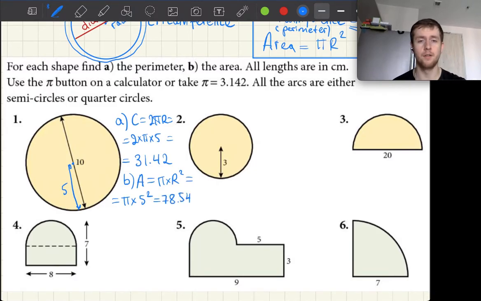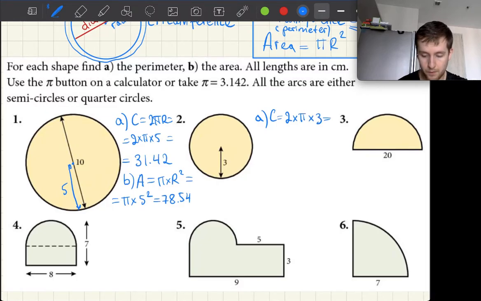78.54. That's it. Okay, so for the second one, I'm going to speed up a little bit. You can see that the formulas are quite easy. The questions will get a little bit more complicated, but overall, this is not really a hard topic, not one that you should practice a lot. Okay, so next one, here we have circumference again, 2 pi r, so it's 2 times pi times radius, which